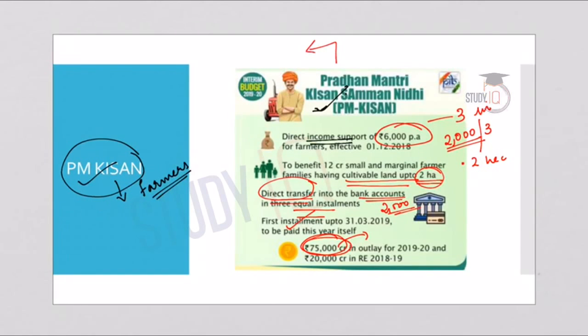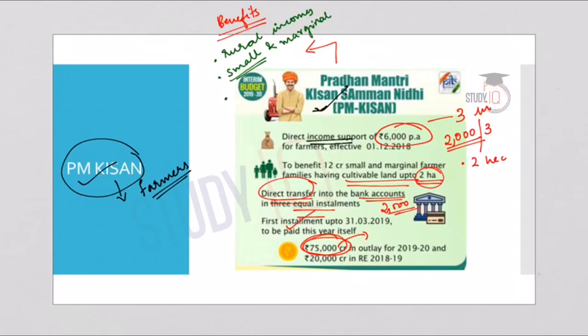Now coming to what are the benefits of this scheme for the farmers or the rural households. First of all, it will boost the rural income. The farmers will be getting an assured income of rupees 6,000 per annum. And secondly, it is helping the small and marginal farmers, because the condition is that the farmer should own cultivable land less than 2 hectares. So it is targeting the small and marginal farmers, who will have an income support in the form of Kisan Yojana.